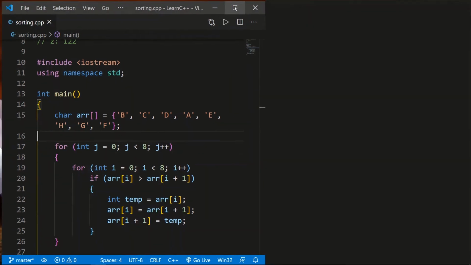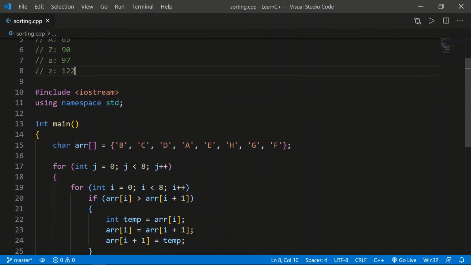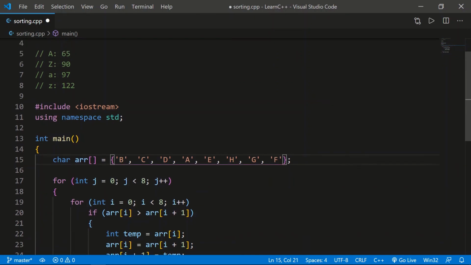And I have told you about ASCII code. Please make good use of it, because you can see here we have used it. Now if you change the value of B to small b, I already told you that small b is larger than capital A, so this b might come. I did not change anything. We'll change the A so that it becomes clearer for you to see. We are changing A to small a, and let's save this and run it.